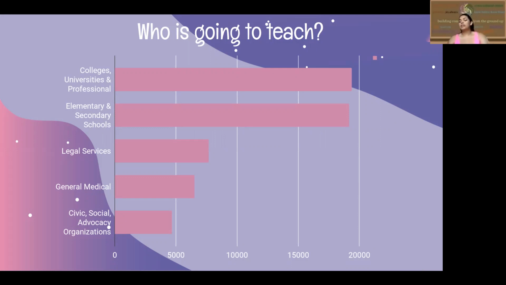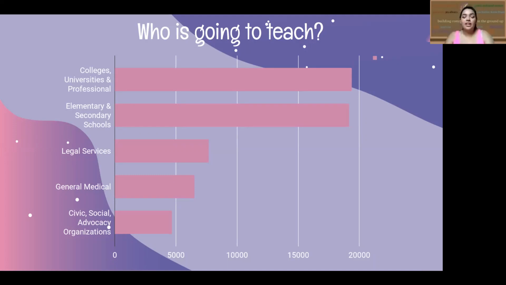So according to data, of all ethnic studies graduates, people who receive a degree in ethnic studies, the most common professions are going into colleges, universities, and professional schools, so community colleges, going into those workforces. Almost 20,000 people who get an ethnic studies degree go into that. Followed closely is going into elementary and secondary schools. And as you can see from the chart, that is the vast majority of graduates in ethnic studies of the fields they go into, with next being legal services, and it's less than half the amount of those going into education. So there are people who have the experience, who have the degree, who can be teaching these courses,